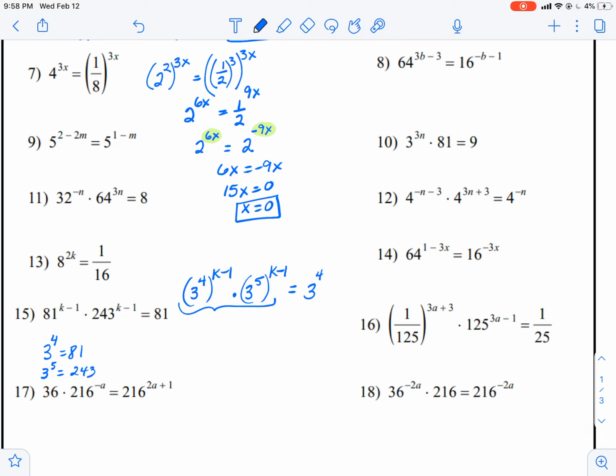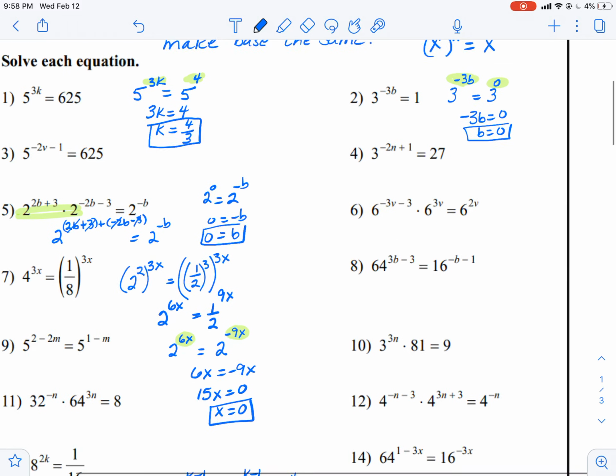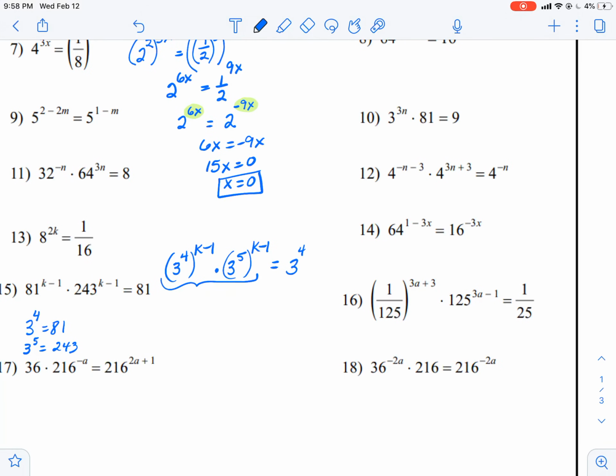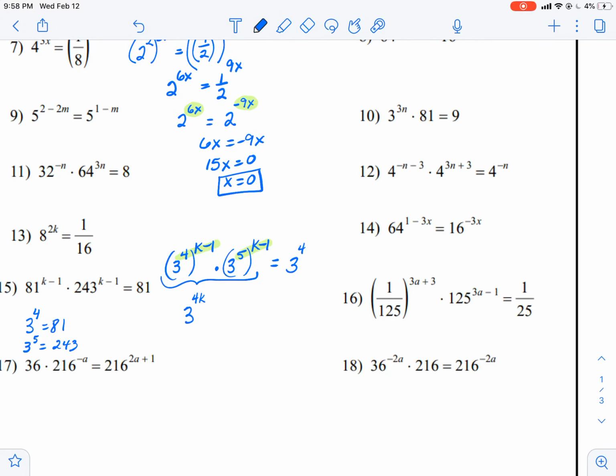Now, on this side, again, I'm going to need to go ahead and put that together. I'm applying 2 rules. One is power to a power, which again says to multiply the 2. Then I'm also going to apply the rule that says I'm multiplying, so I need to add. So I'm kind of double applying the rules. I'm going to do it all as one step. I'm going to multiply these 2, and then add them together. Okay, and I'm going to write it out. So 4k minus 4 plus 5k minus 5